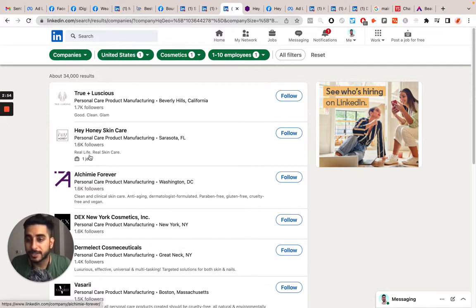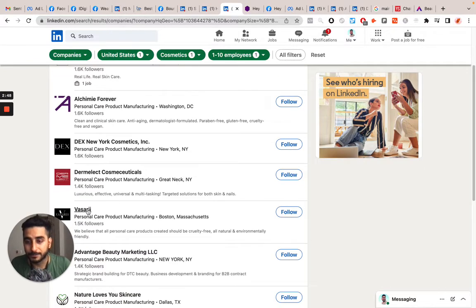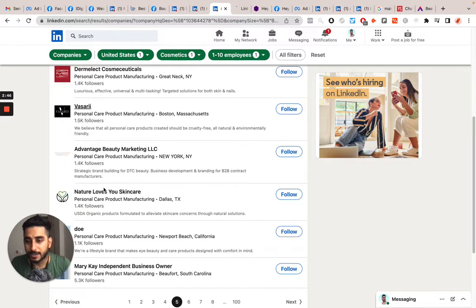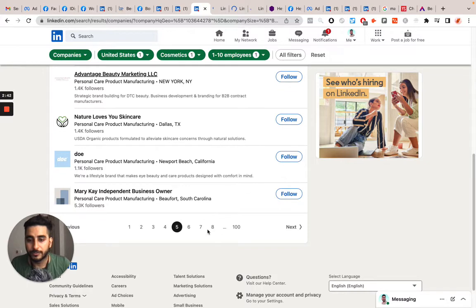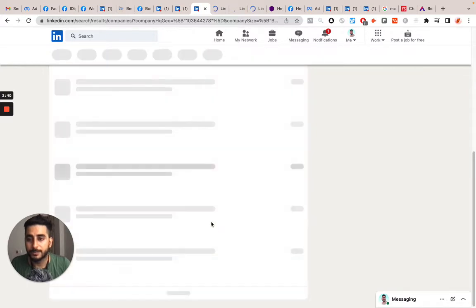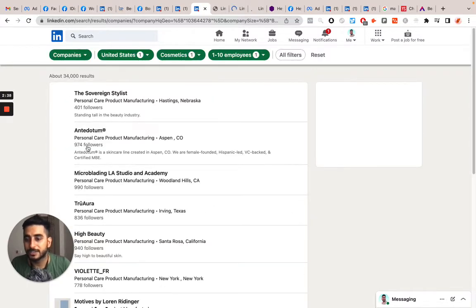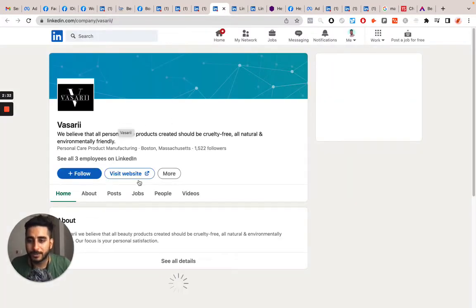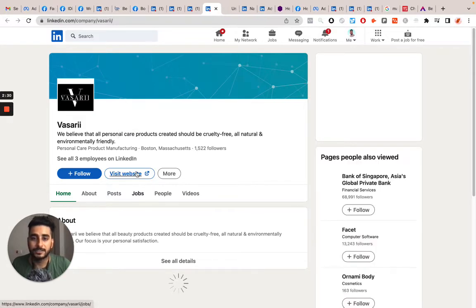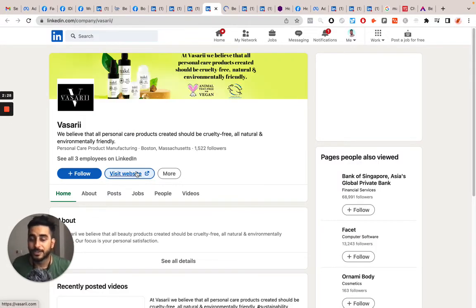seeing companies which have less following. So we need to find these kinds of companies only. Let's click on the pages. If you go to the 8th or 10th page, you can see the followers are reducing. What happens with most of these companies is they are already running ads, and you might have to find